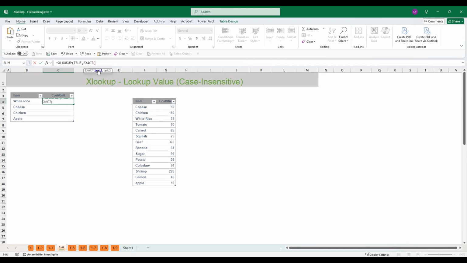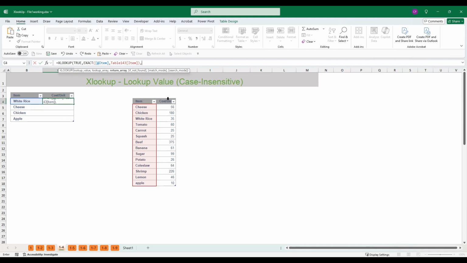Select EXACT. Now the EXACT has two parameters, text1 and text2. So our text1 is the lookup value here, white rice, comma, and the columns here. We are going to highlight the columns, close parenthesis to close the function EXACT, comma, and what is our return array?